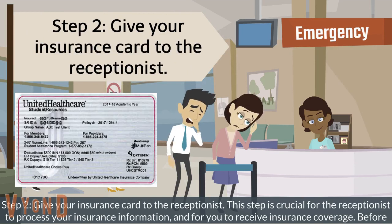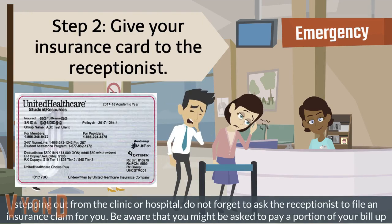Give your insurance card to the receptionist. This step is crucial for the receptionist to process your insurance information and for you to receive insurance coverage. Before stepping out from the clinic or the hospital, do not forget to ask the receptionist to file an insurance claim for you. Be aware that you might be asked to pay a portion of your bill up front in